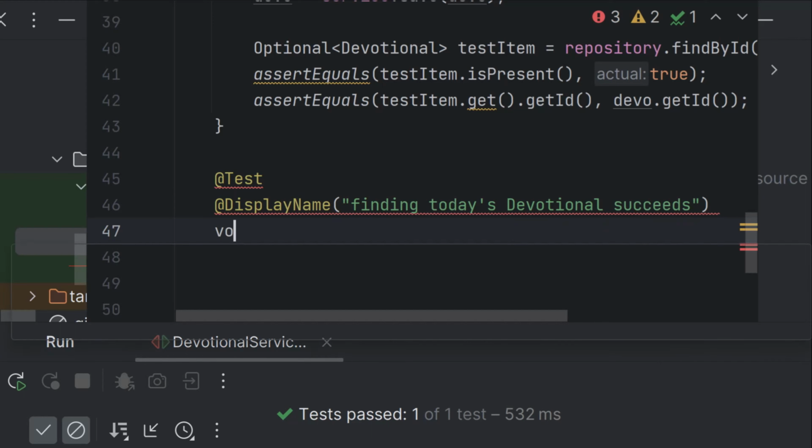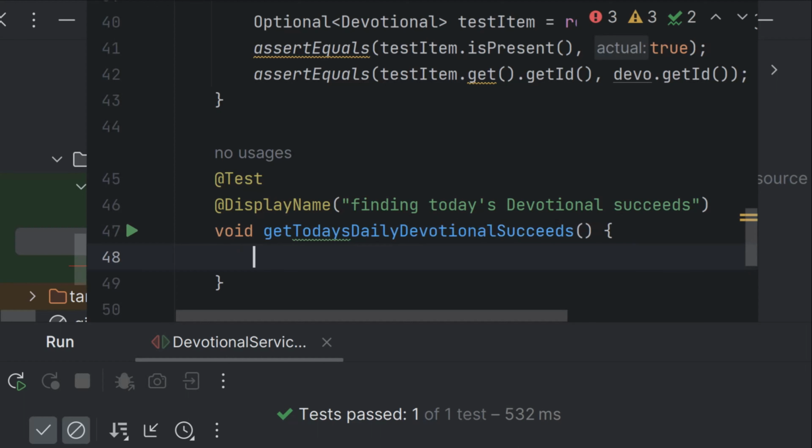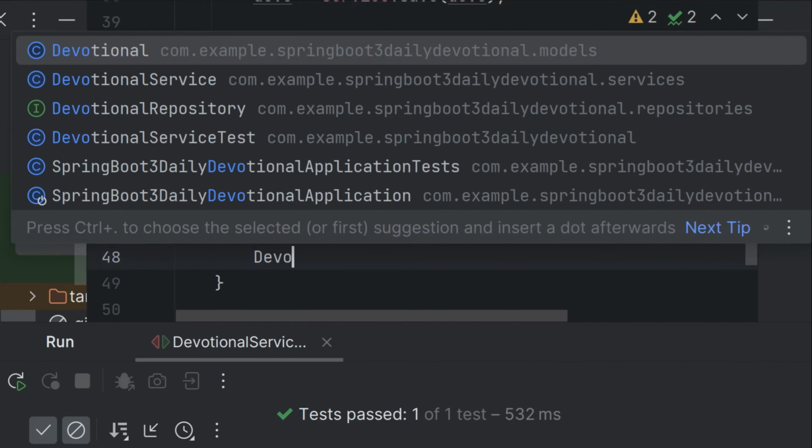Okay, and we'll just create a small function here, get today's daily devotional succeeds. Okay, so what we're going to do again is we're going to create a dummy devotional item,